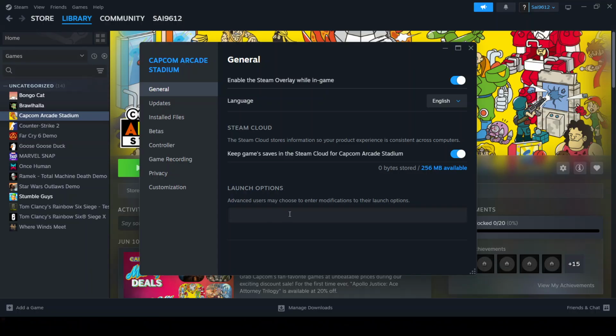In that box, type a command like -W1920 -H1080. Replace 1920 and 1080 with the exact resolution you want. The first number is the width in pixels, and the second is the height. For example, if your monitor's native resolution is 2560 by 1440, you'd enter -W2560 -H1440. Make sure you include the dashes before W and H, leave a space between each part, and don't add